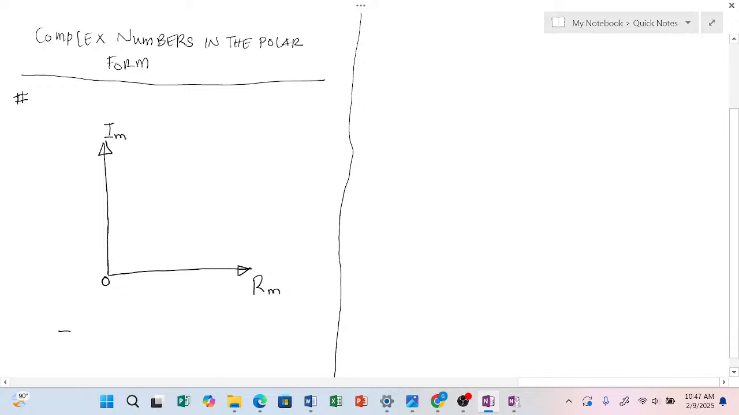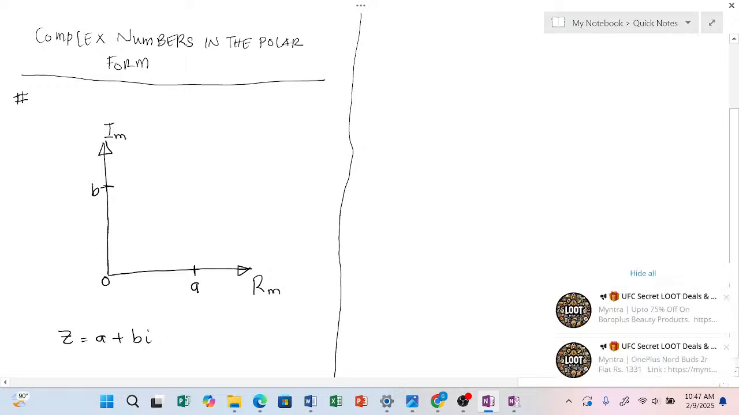Assuming I have a complex number z, which is a plus bi, and this is my a, this is my b. Now the b is here because it carries the i, the imaginary. So this is the imaginary part, it is here. So this is the point. If I extrapolate,